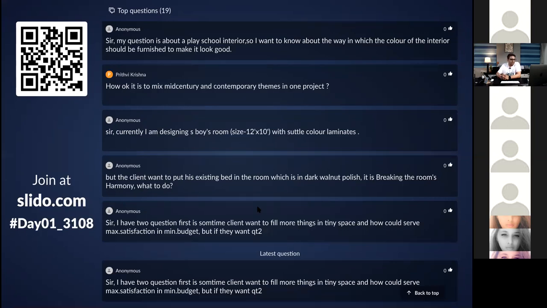Hemisha has asked something. What conditions can epoxy be used? Can you guide on it? Okay, so epoxy is a flooring, right? So you can just go ahead and use it. If you can elaborate on the conditions, I'll be able to help you more. Otherwise, you can just go ahead and use epoxy.